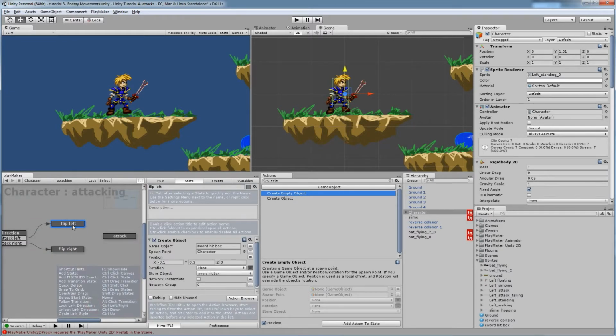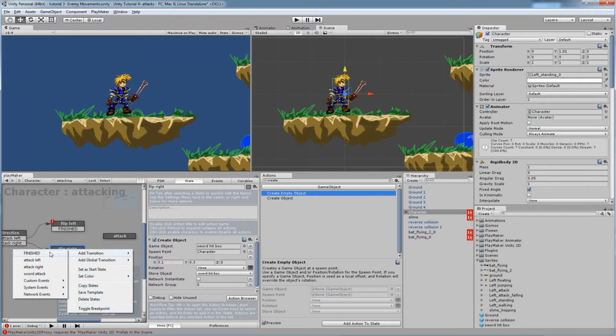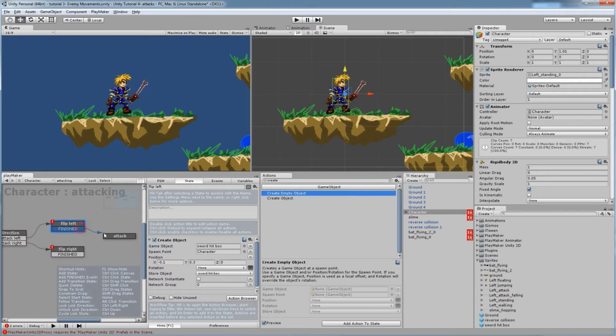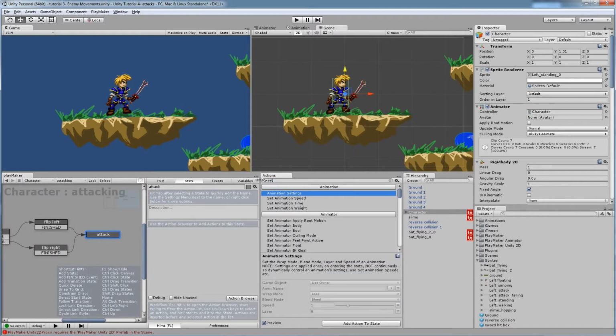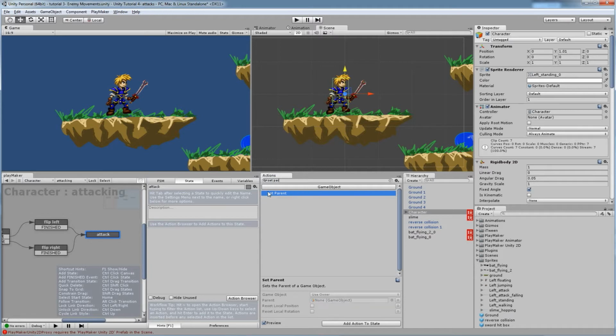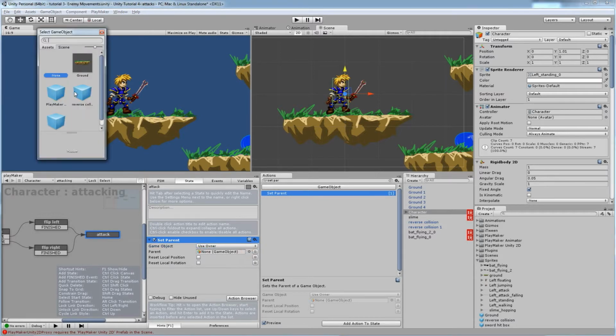Right-click, delete transition, right-click, add transition, finished. I could use any name I wanted, but I'll use finished. So finished goes to here. So after it's split apart and created a hitbox in either facing direction, we're going to go to attack, and under attack we're going to add in the actions. We're going to need set parent, and this way the collision box moves with the character. So we're going to set parent, user owner is the character, and we're going to call up, and here we can